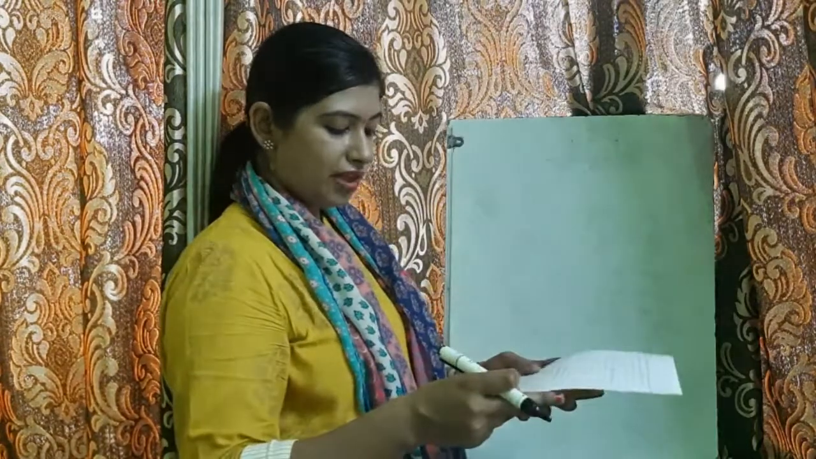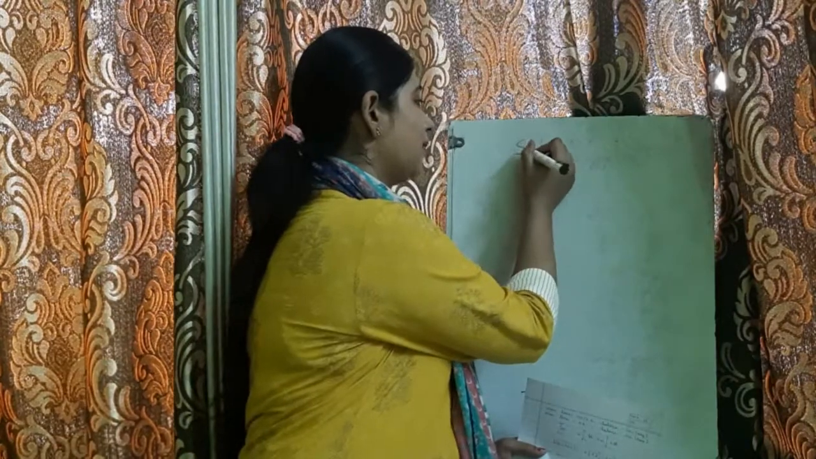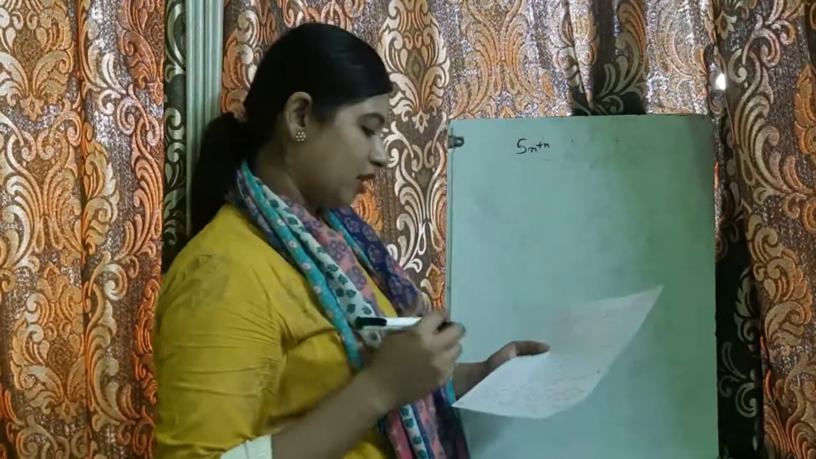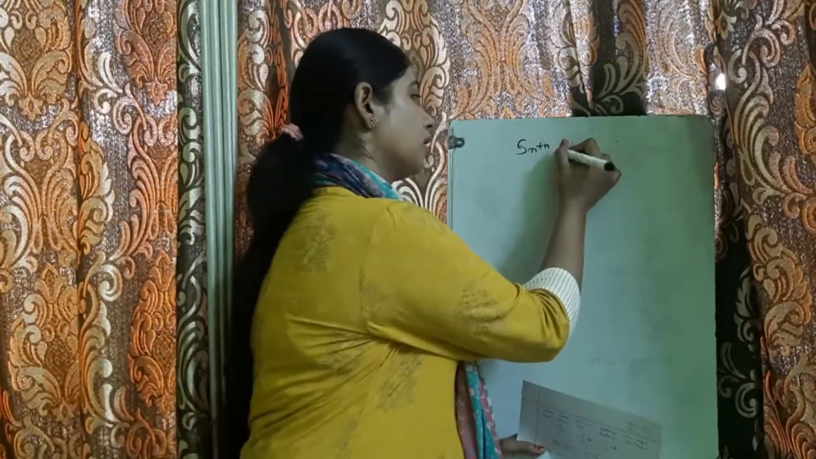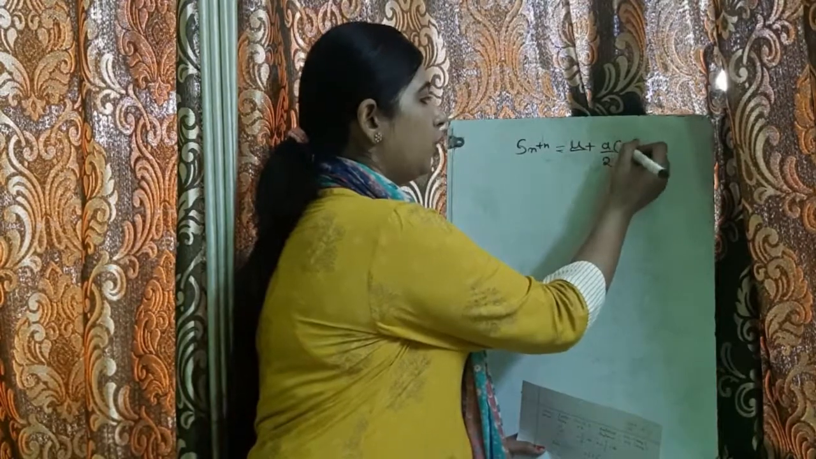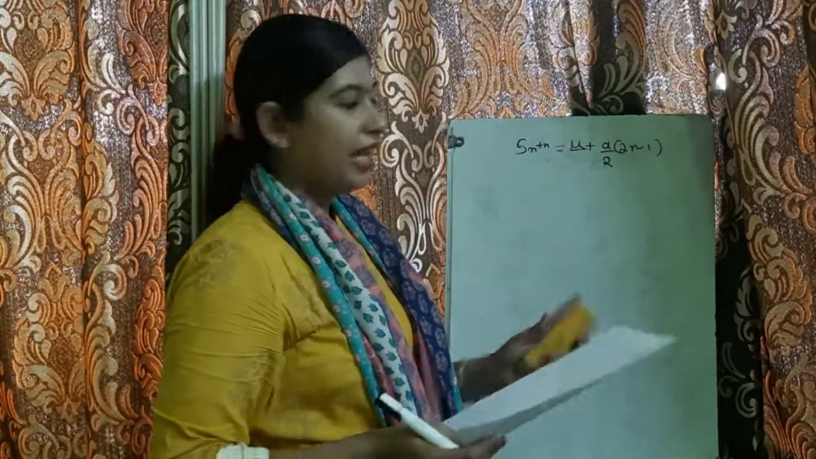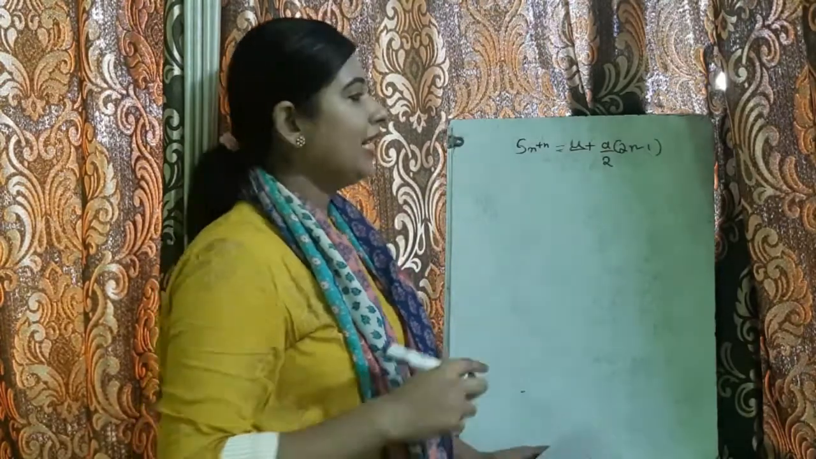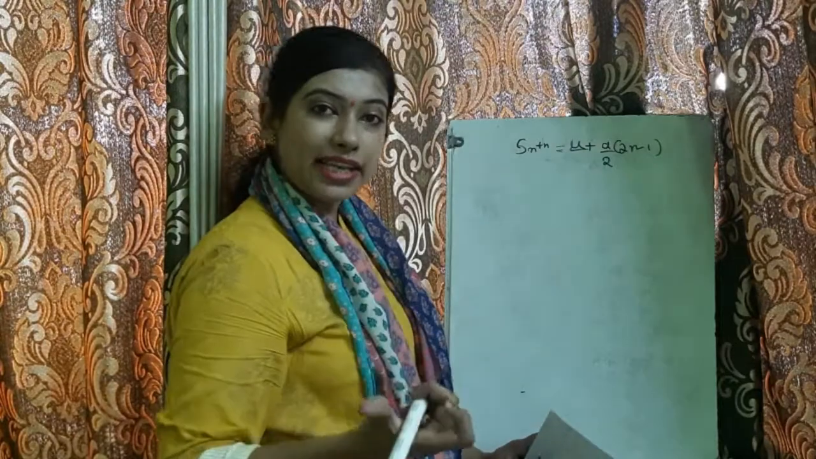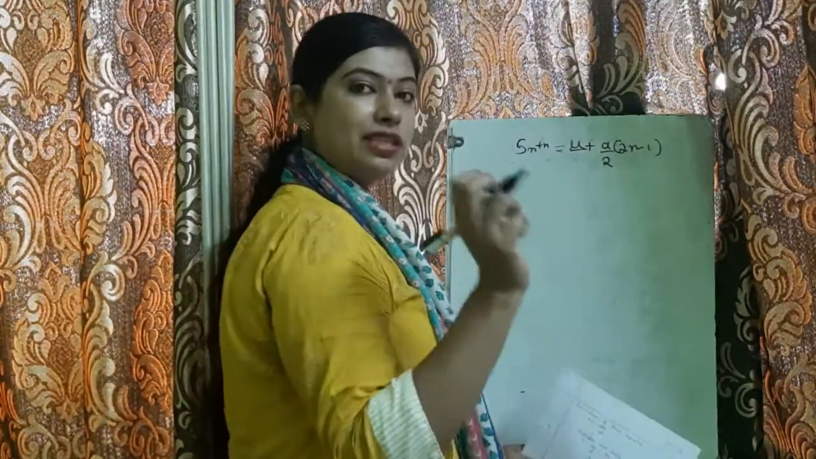So the fourth equation of motion is s nth, means distance in the nth second, is equal to u plus a upon 2 into 2n minus 1. Here u is the initial velocity, a is the acceleration, and n is the nth second in which you have to find the distance. So to derive this we will use